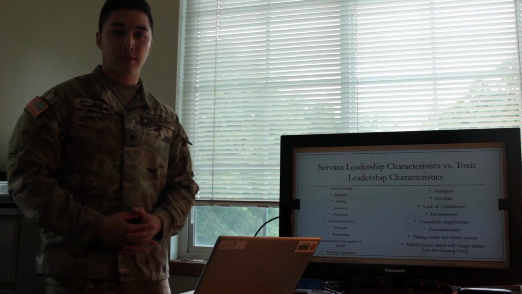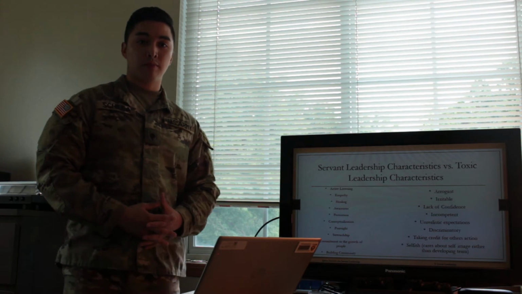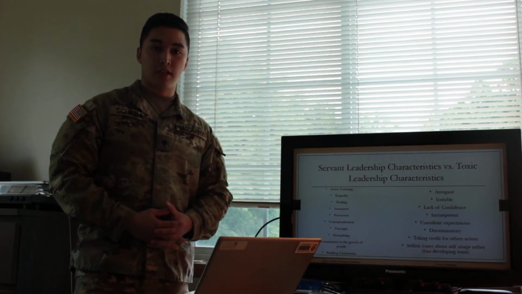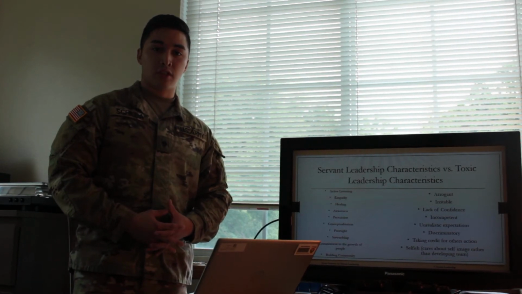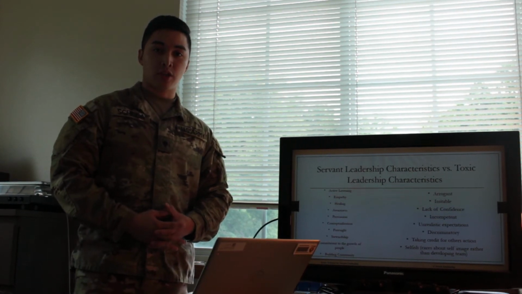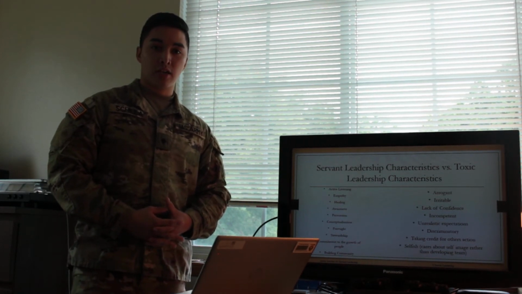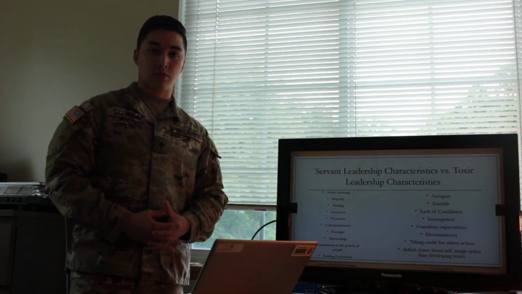Persuasion. The ability to persuade your team members and teammates to do a task to accomplish the mission is key. Instead of using force and authority, persuasion can be a key tool to showing your teammates why we are accomplishing that task in order to accomplish the big picture, the end goal of the mission.